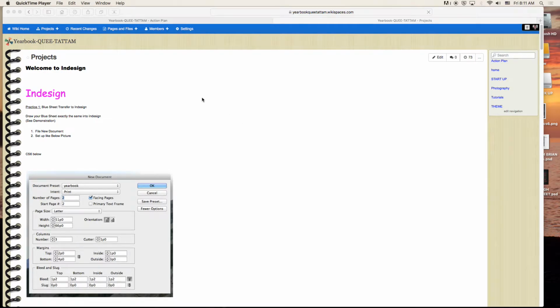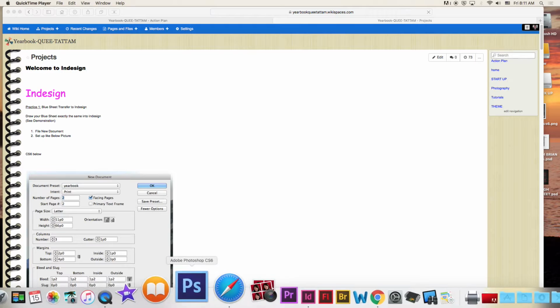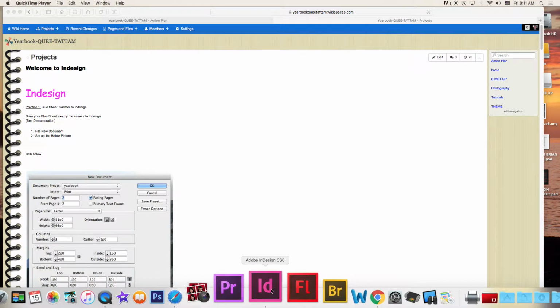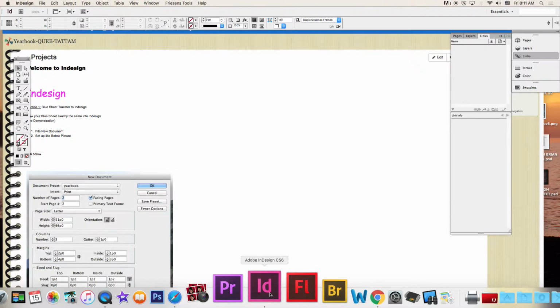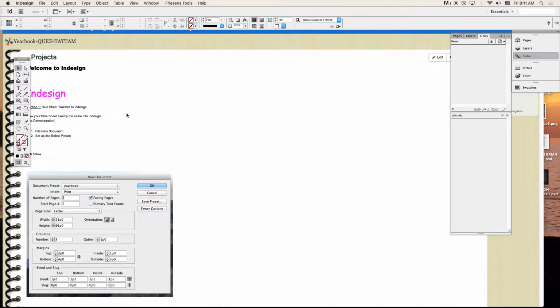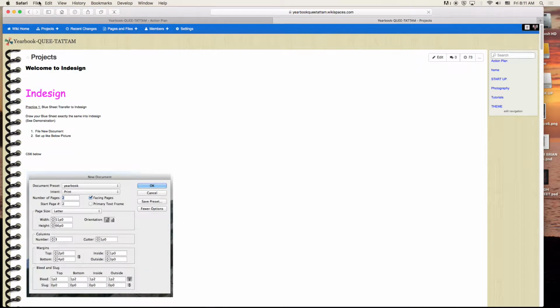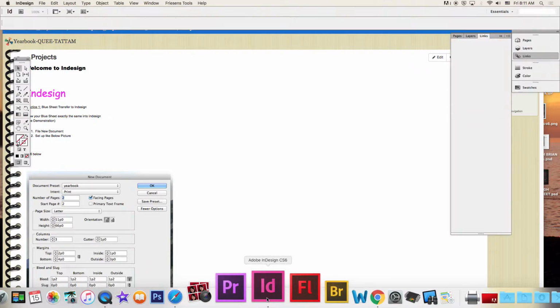All right, welcome to Introduction to InDesign. InDesign is the pink-purple icon here, and I'm going to open it up. On the website, I do have how to set up a basic page here. So let's go File, New in InDesign,